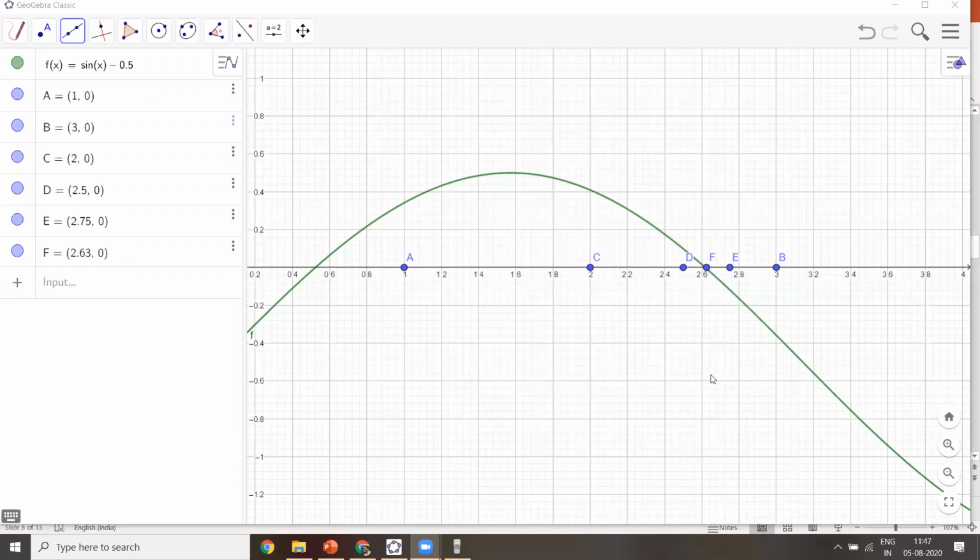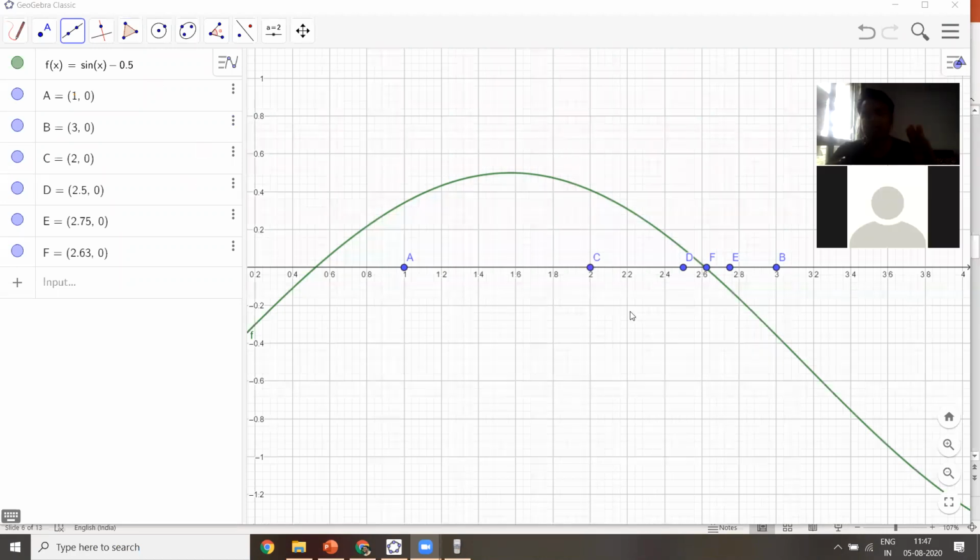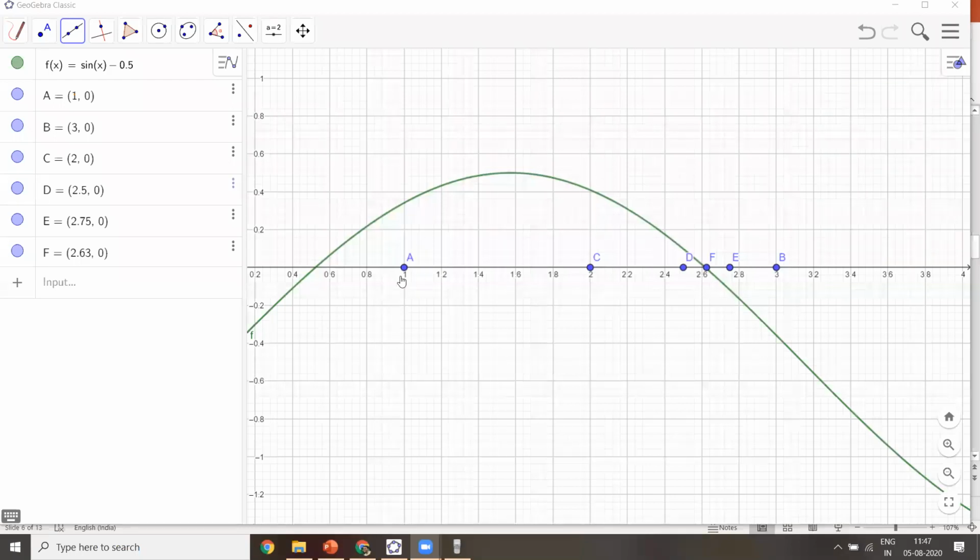Okay, so step number 1, what we do, we assume that your root is in between, the root is between these 2 points. Okay, somewhere between a and b is your root. So that is your starting point. It is the initial guess, and in a later portion I'll explain how to take this initial guess. Right now just see that somewhere between these two is your root. So next, we have started with the guess that your first point is a equal to 1 and b is 3, and somewhere between these two is your root.